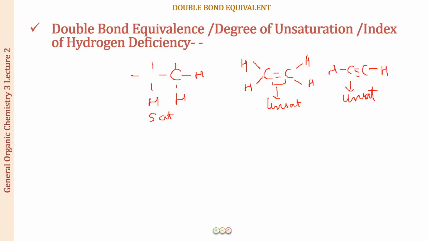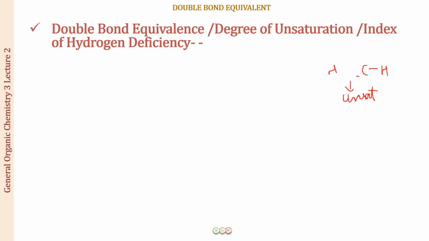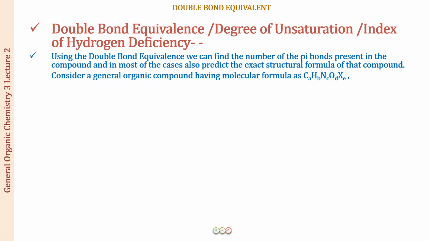Now the question is, what is this value of double bond equivalence? This is what we are going to find out, and this is going to give us a suggestion of how unsaturated the compound is, how many hydrogens can be less in this structure. All right. So with the double bond equivalence, we can find the number of pi bonds present in the compound, and in most cases this is going to help us predict the exact structural formula for that compound. So this is going to be helpful for finding out the structural isomers for a particular molecular formula. So if I have an organic compound with the molecular formula